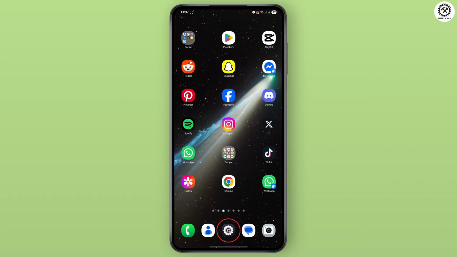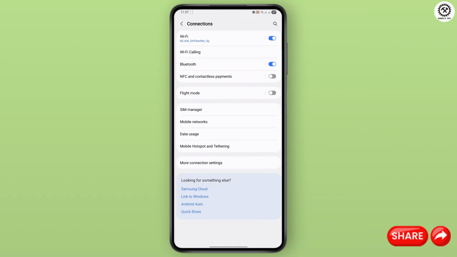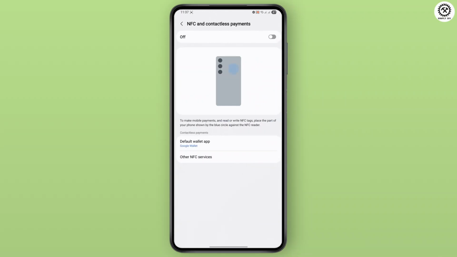First, open your Android settings and tap on Connections. After that, scroll down and look for NFC and contactless payments and tap on it. From there, tap the toggle at the top to turn NFC on. At this point, once enabled, you will see the toggle turn blue or green, confirming that NFC is now active